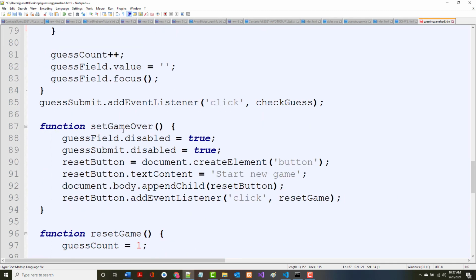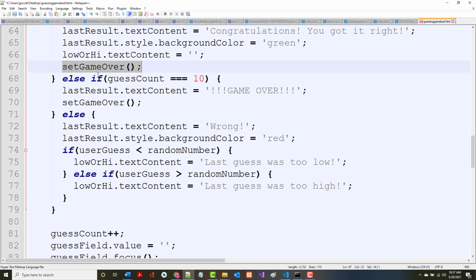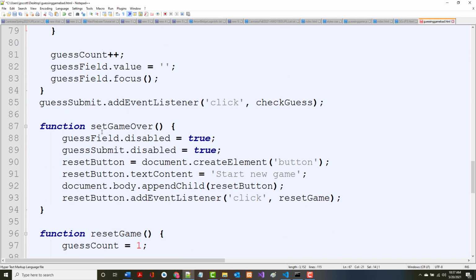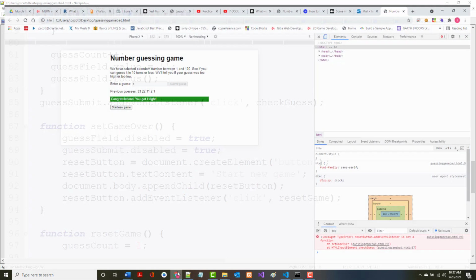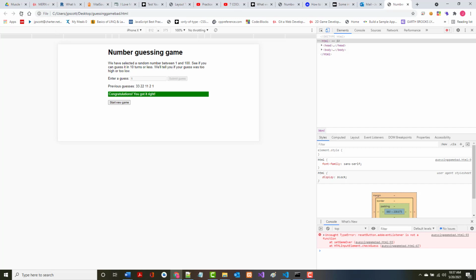We're calling set game over. Well, let's see if that fixed it. Sometimes fixing one error will fix other errors. So